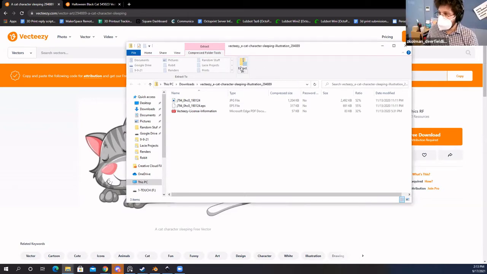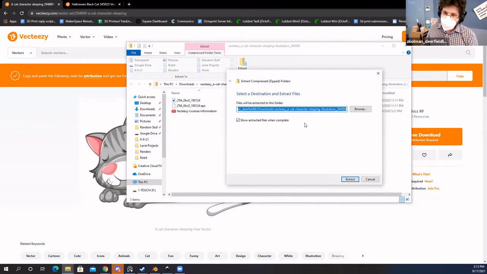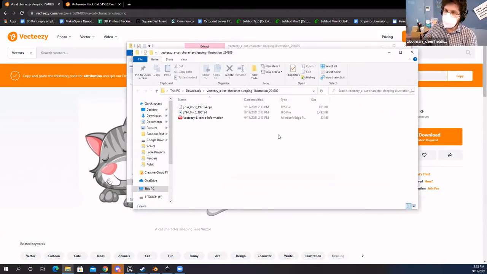once you open the folder, there's just going to be a big extract button right here. We're just going to click that. It's going to ask you where you want to extract it to. You don't have to worry about that. Just hit extract. It's basically going to extract the same location the compressed folder is in, which is the downloads